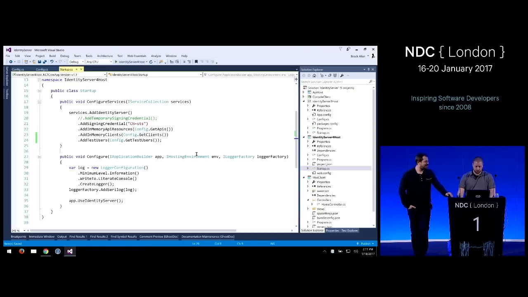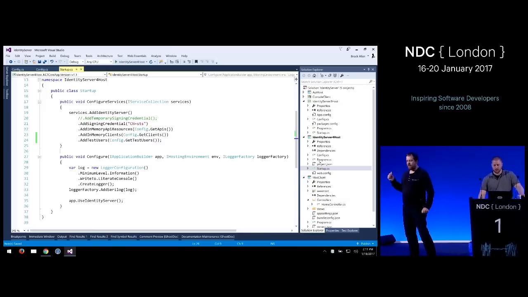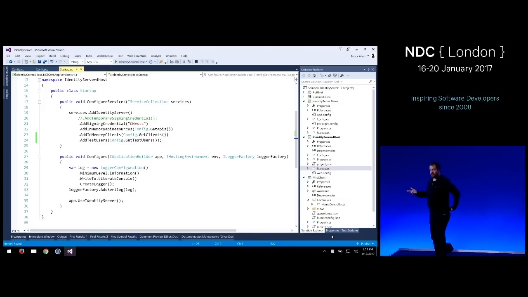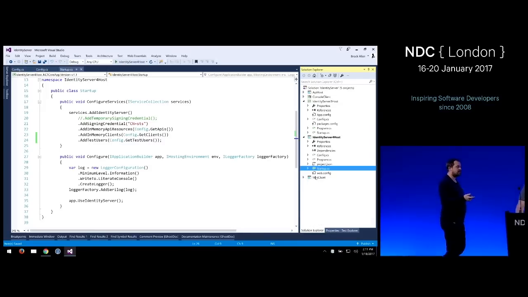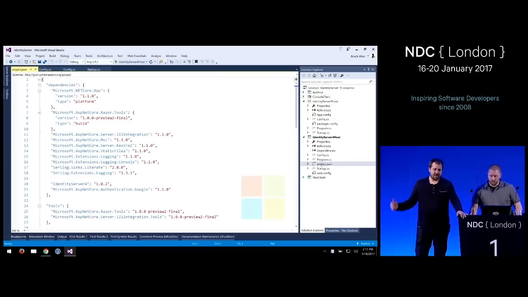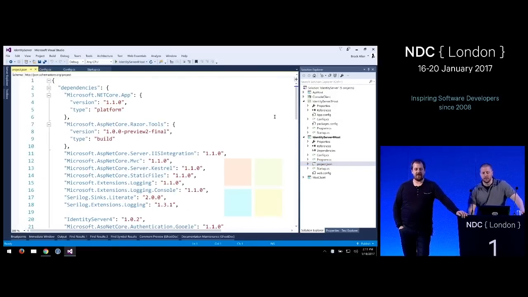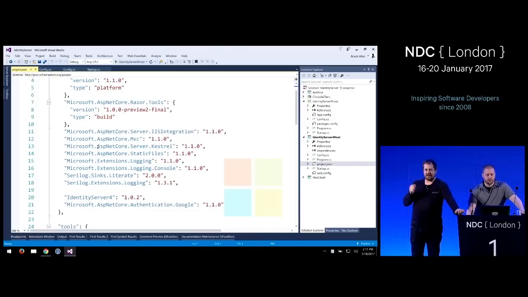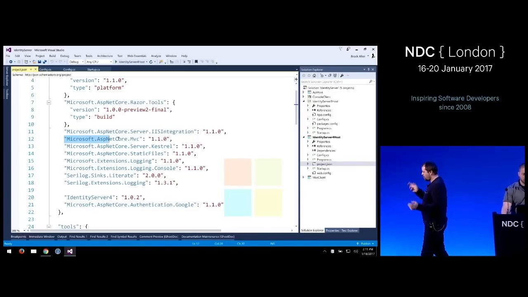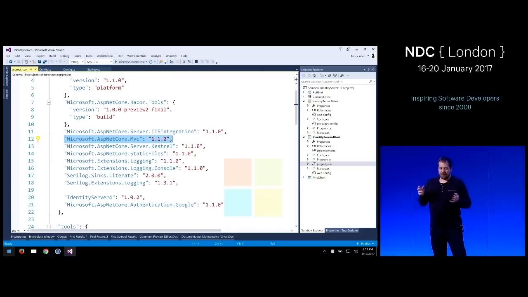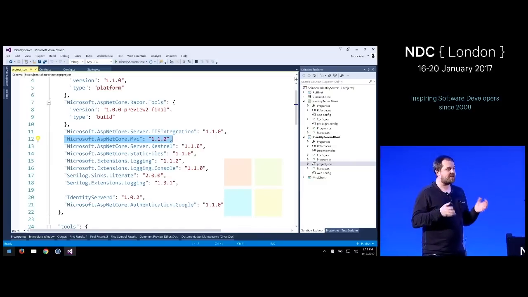Okay, cool. What's the next thing we need to let a user log in? That's the UI. Again, one of maybe the biggest points of feedback is that when we designed IdentityServer4, one of our design goals was to host it outside of IIS.